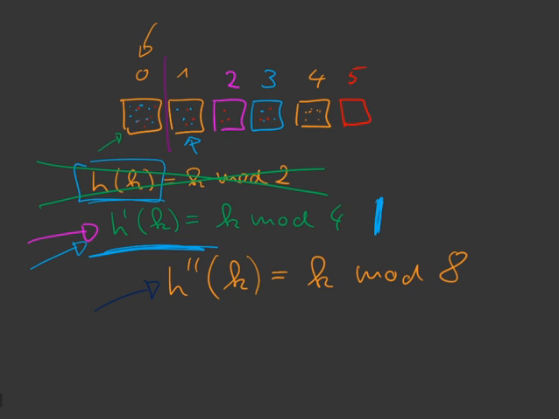And then that means we have now split 0 and 1. For those we have to use, first of all, the hash function h prime to determine if they're falling into 0 and 1, but then we have to go and apply this h prime prime and see if they belong in 0, 1 or in 4, 5. And then we continue,